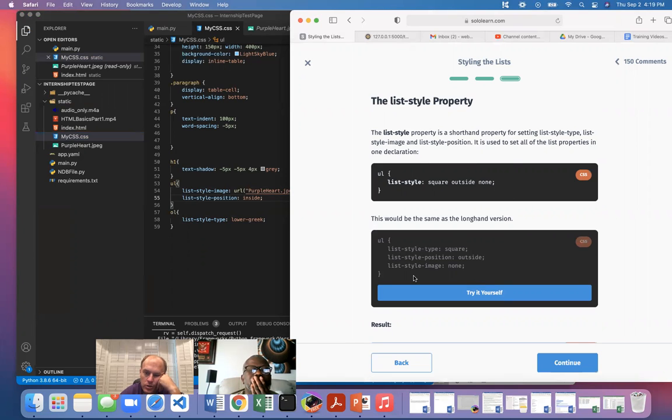And then you can also do a shorthand of doing the type, the inside, outside, and the image. And they're doing none, but if we wanted to then add the image, you just do those three in a row. So instead of specifying all the stuff,